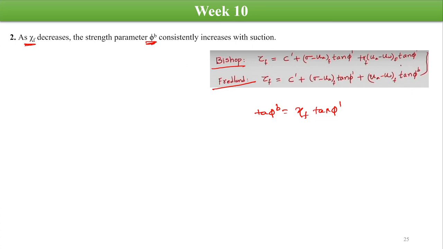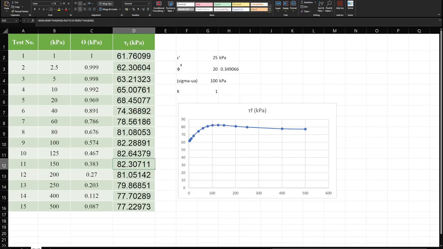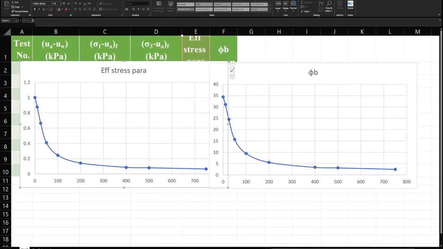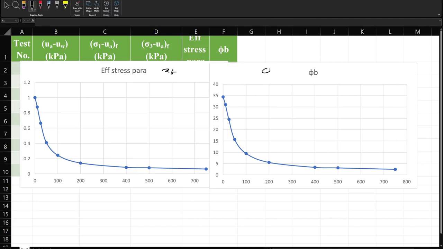So let me open the Excel sheet and we'll cross check from there. If we see here in sheet 1, as the value of suction increases, the value of phi b also increases, right? But if we see the trend of xif and phi b,